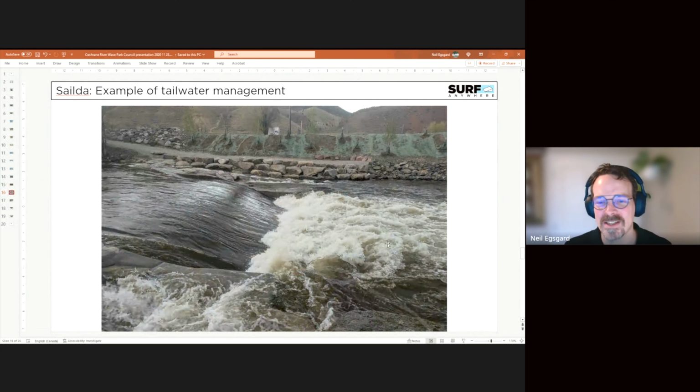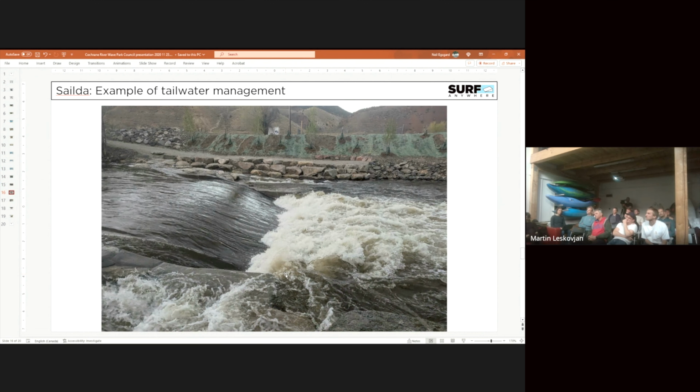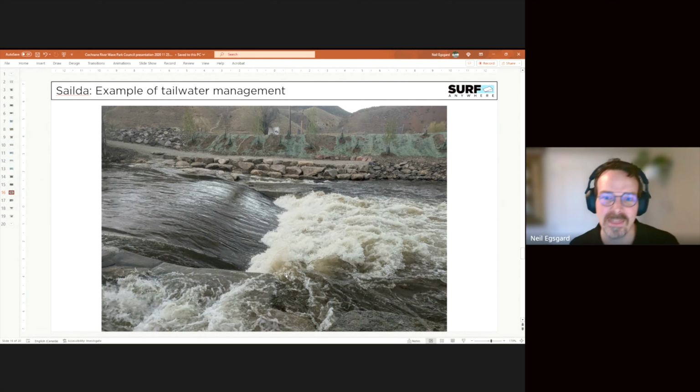The tailwater increased and it created this bigger circulating hydraulic. So this got tons of negative coverage immediately. Mike went down there and swam through that thing every day, many times, to make sure that it was safe. No one got stuck, no one got hurt in there, and it did release you, but it looks really scary. If the water level gets higher and higher, this can get worse and worse until eventually the whole thing can flatten out. So they needed to find a fix to change this wave from being a recirculating hydraulic to